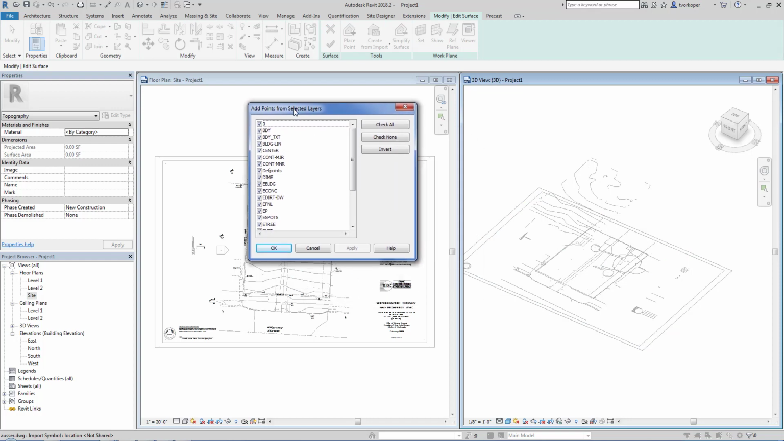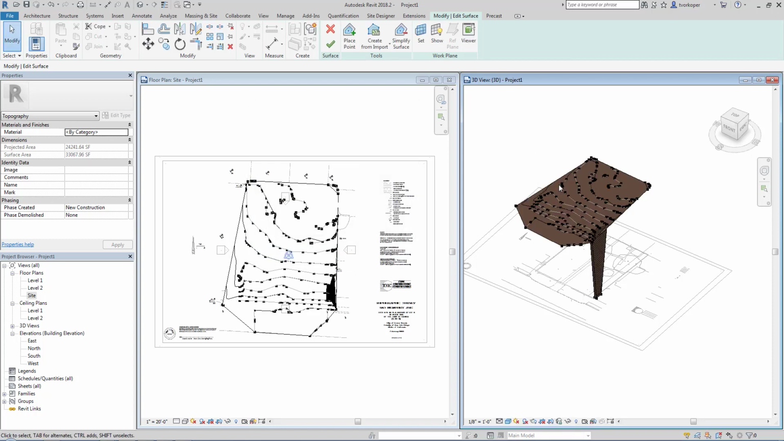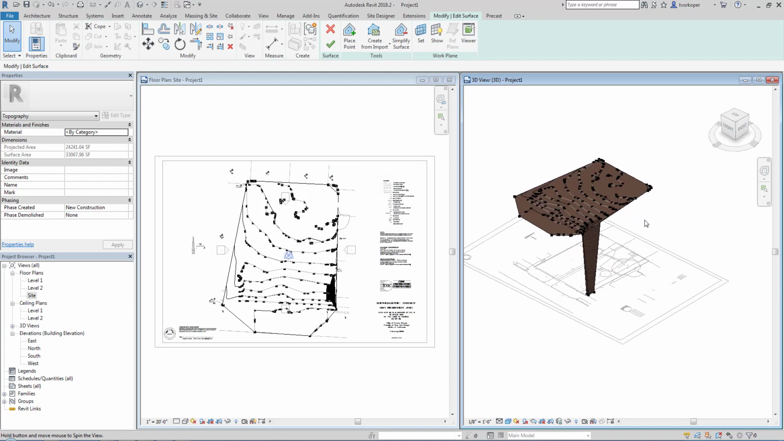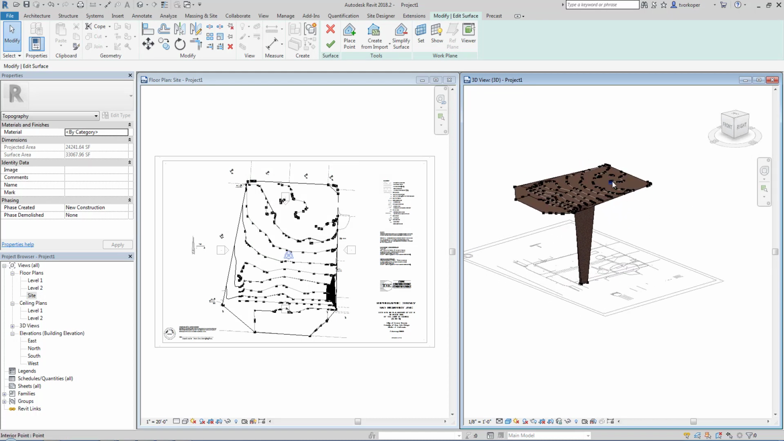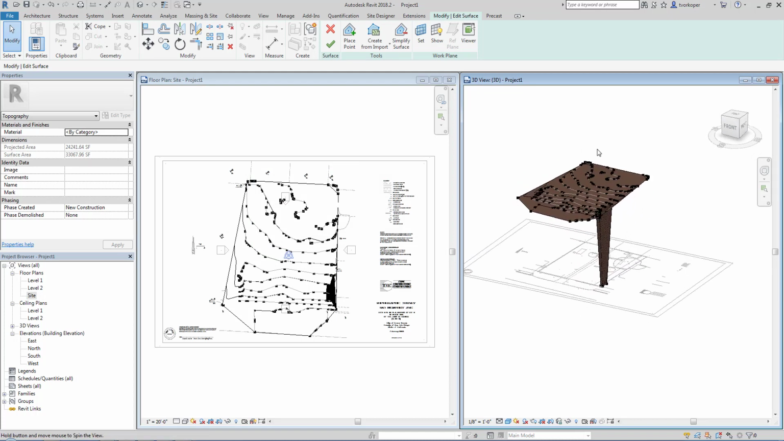When we do that, Revit will read the layers from the AutoCAD file and ask us which ones we want to use to create the topo surface. I'm going to check none, and if you remember, contour major and contour minor are the layers that were in the AutoCAD file that represent the topo surface or the contours. And we'll hit OK, and you can see, just like that, Revit created an accurate topo surface from the points